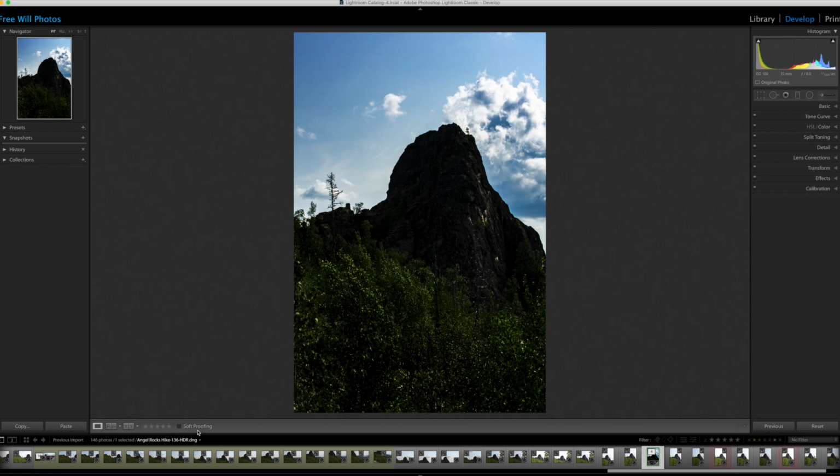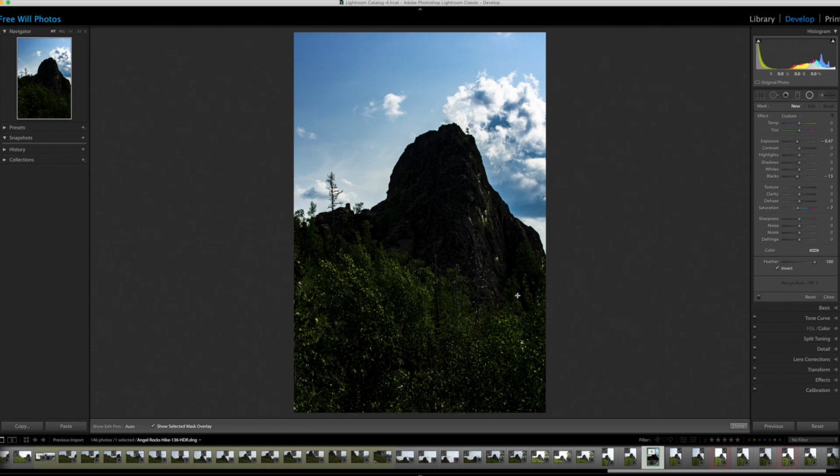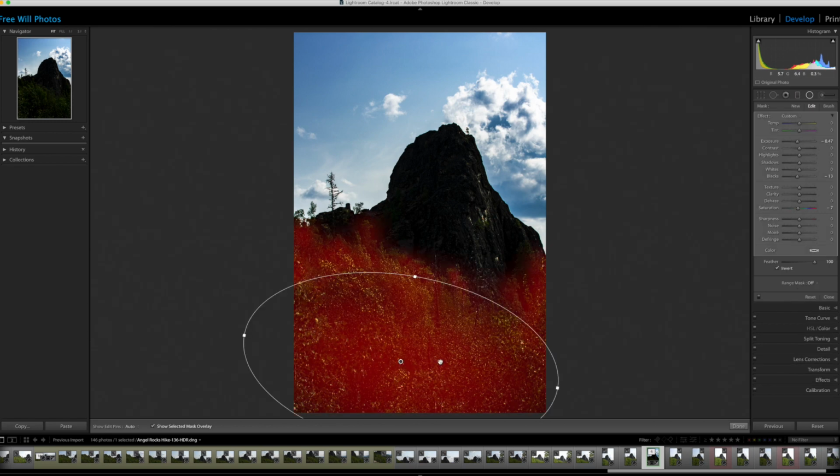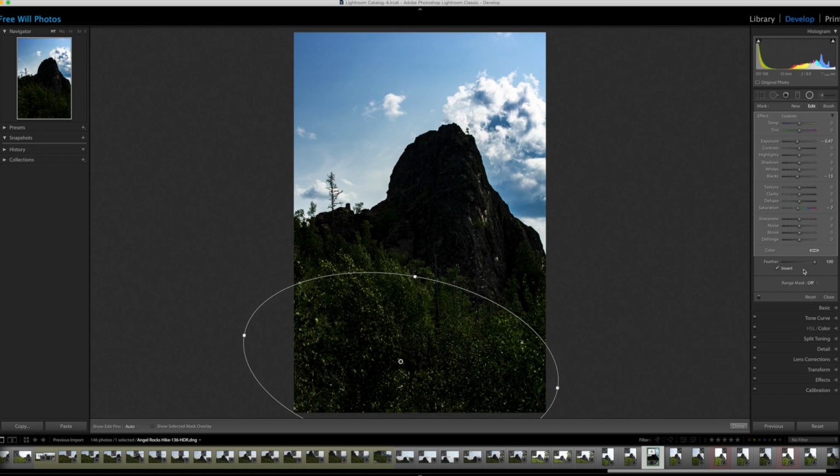Alright, so I'm going to go ahead and click. Oh, I didn't mean to click done, but I did it. Alright, so go back to the radial filter, click on that one, and I'm going to hit O to turn off the overlay, because I want to see what I'm actually affecting. And I go pretty drastic at times with this,